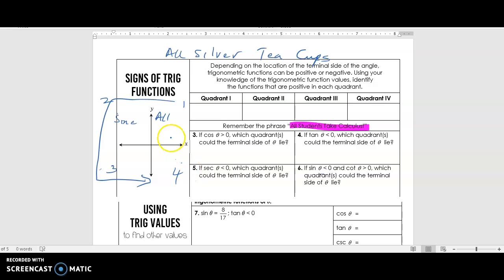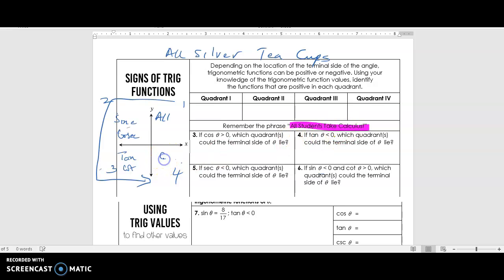So 1, 2, 3 and 4. So all silver or all sine, meaning sine and its reciprocal function cosecant, both of them are positive here in the second quadrant. And in the third quadrant, tangent and its reciprocal cotangent are positive, and T, C, or the calculus, C